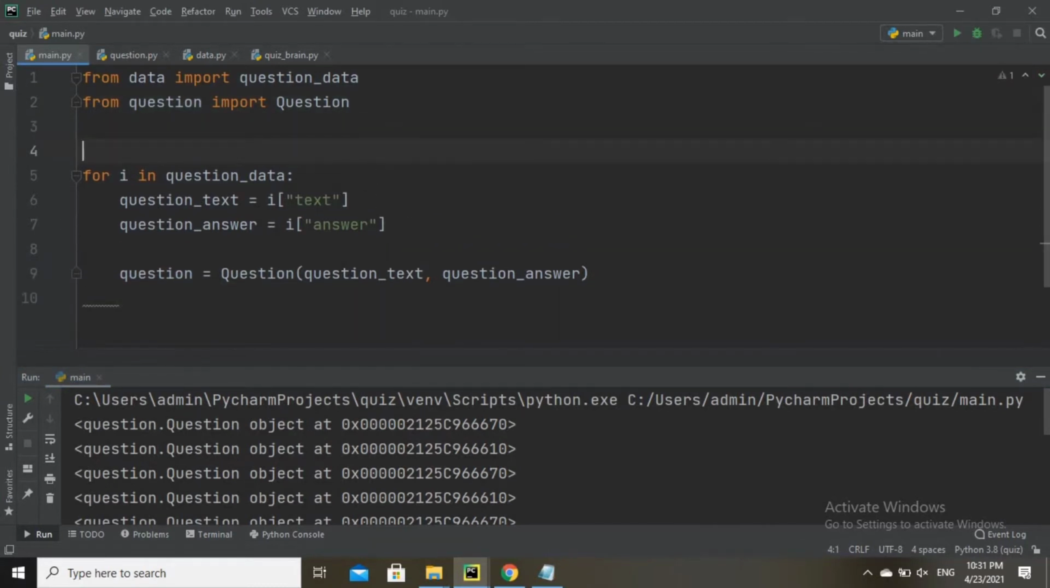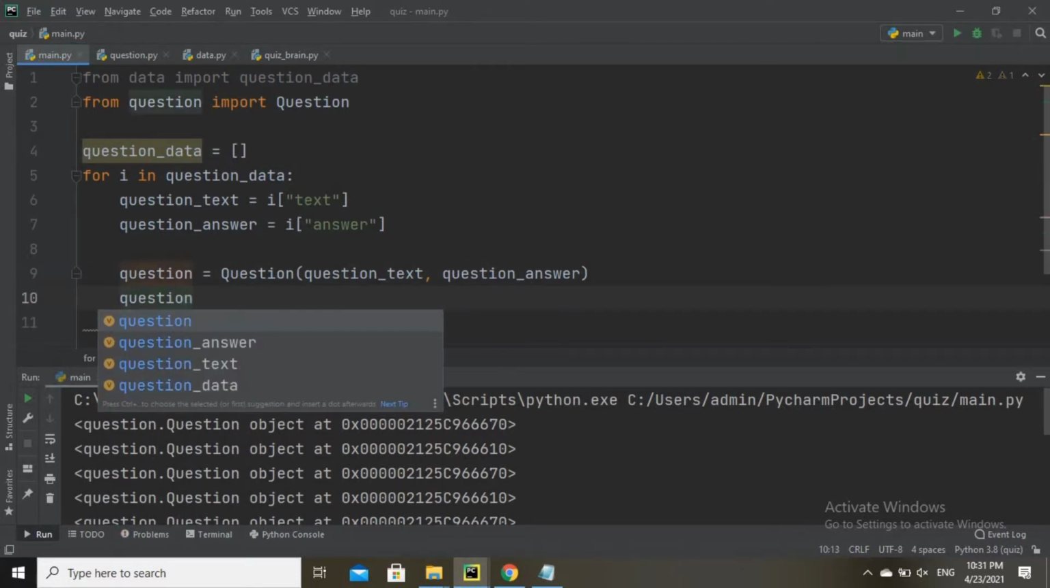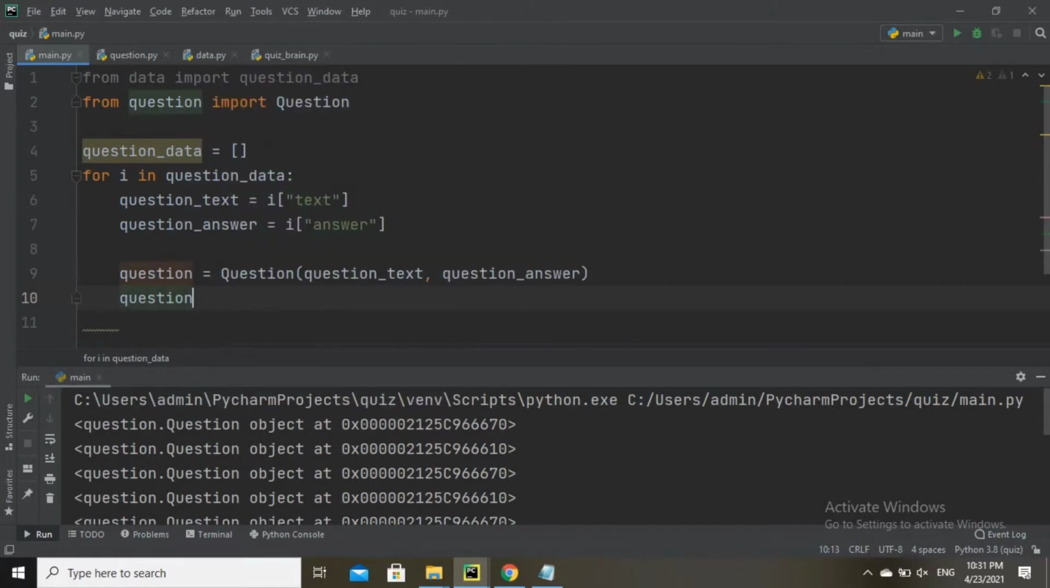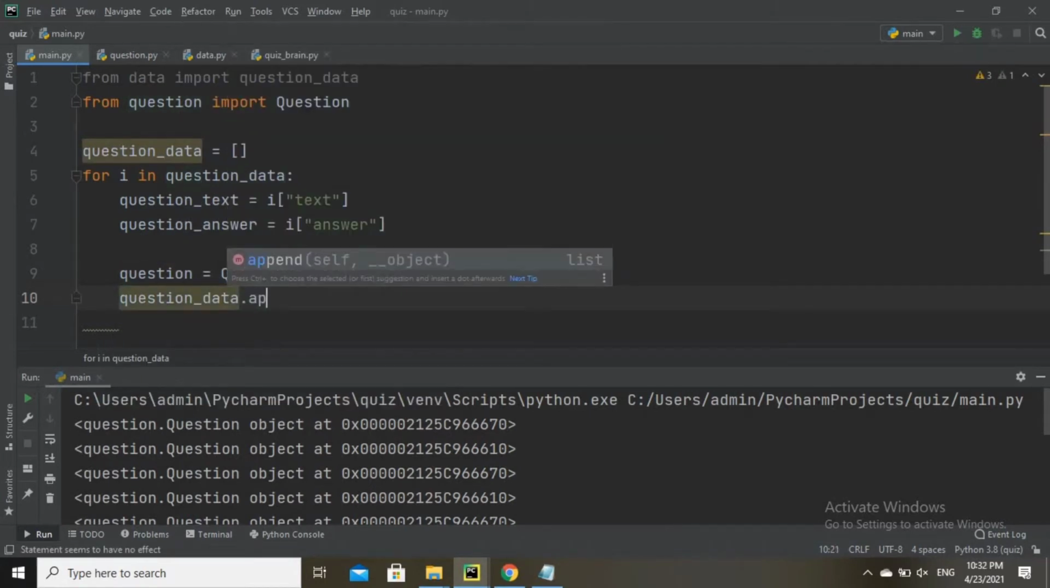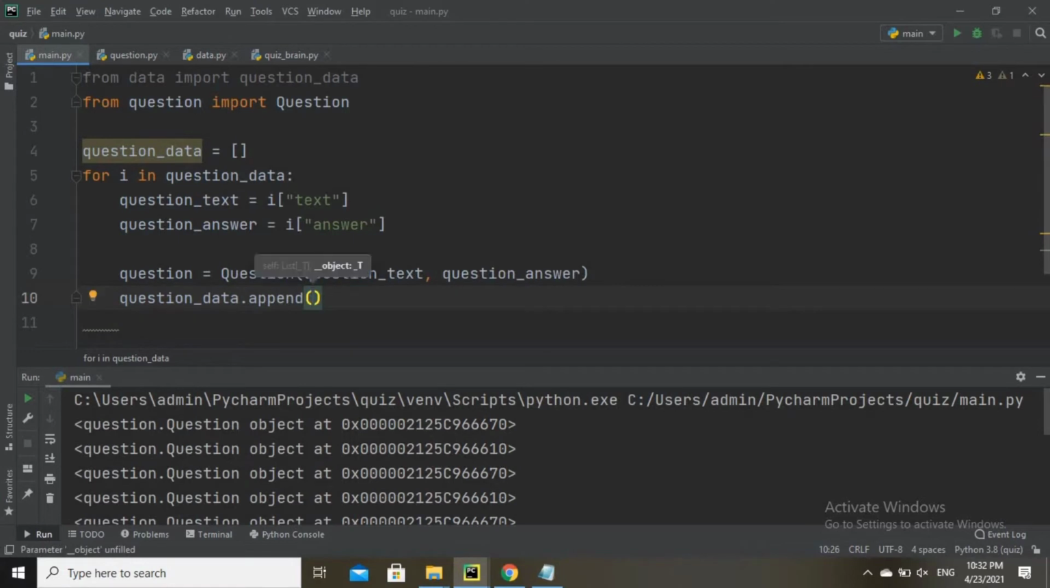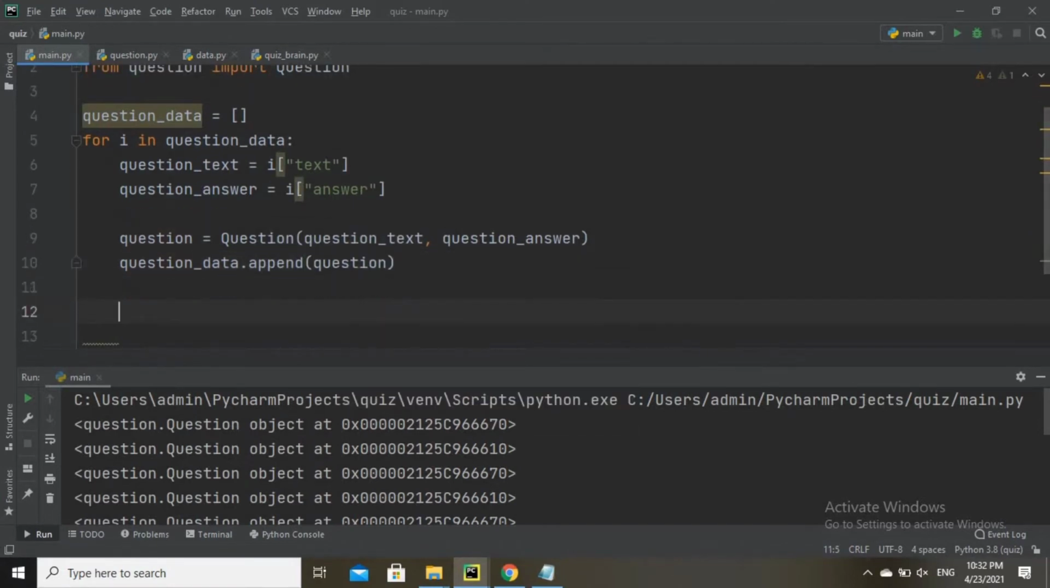And save all this data in an empty list. Create an empty list named question data. It is an empty list, and question data will append all these objects. question data dot append question. And if you print this question data,